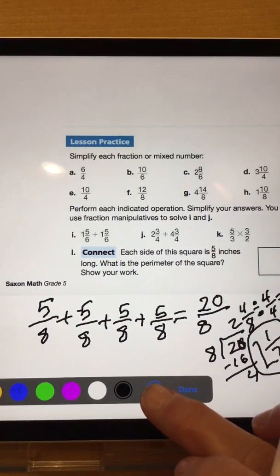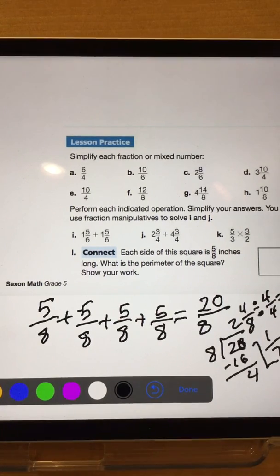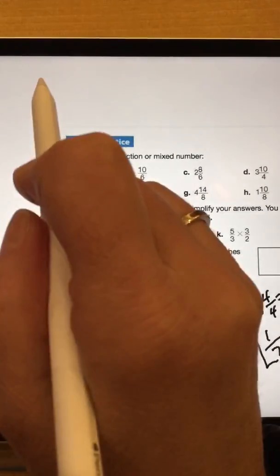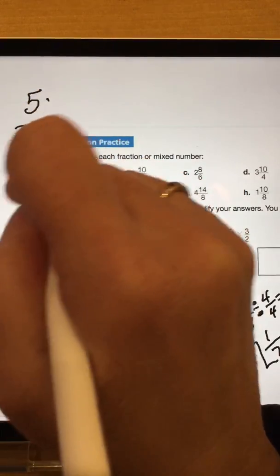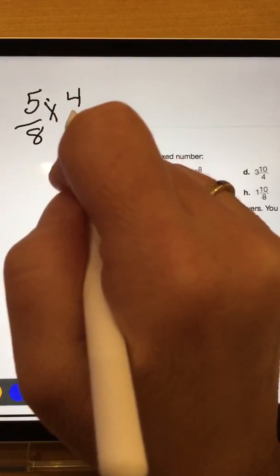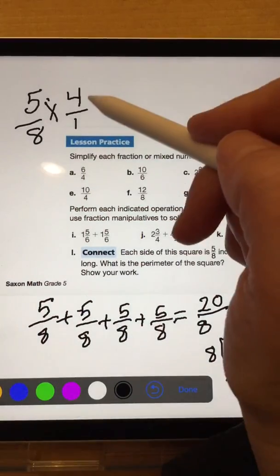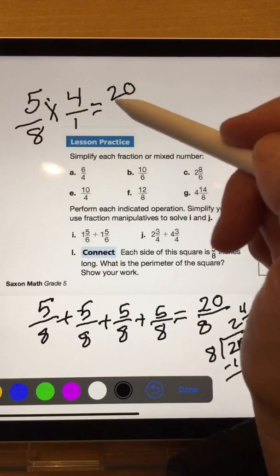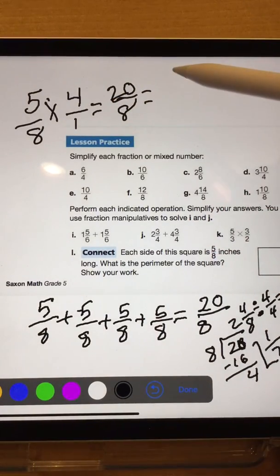Now, the second way to do this problem. I'm going to do it up here. I'm going to do 5/8 times 4. I'm going to put the 1 below. That still is the whole number of 4, correct? And I am going to, 5 times 4 is 20. And I'm going to have my denominator of 8. That equals,